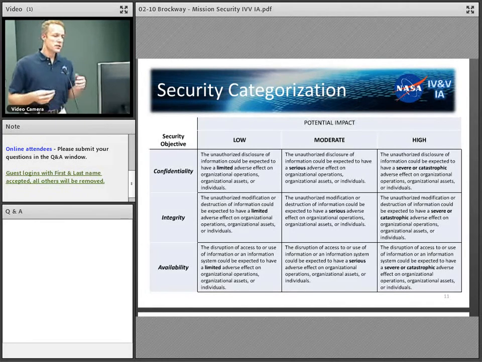Now, sometimes it's looked at as, well, let's just categorize the system and get it over with, and then all is well. Well, this really has a trickle-down effect, because again, it isn't just let's all sign a piece of paper and determine that this is a moderate system, and then we can press on with meeting our schedule. This will drive the selection, implementation, and assessment of the security controls to protect that particular asset. And so that's why this is important, and that's why it's the first step in the process.